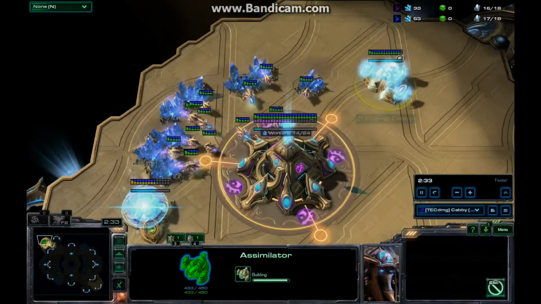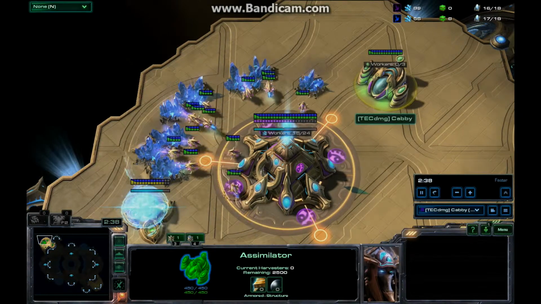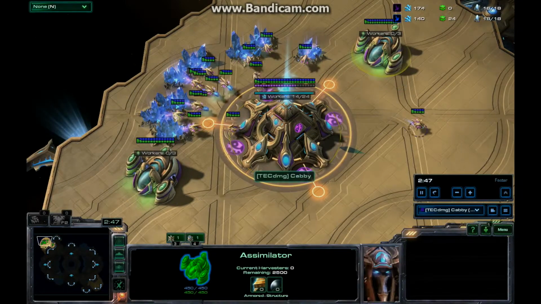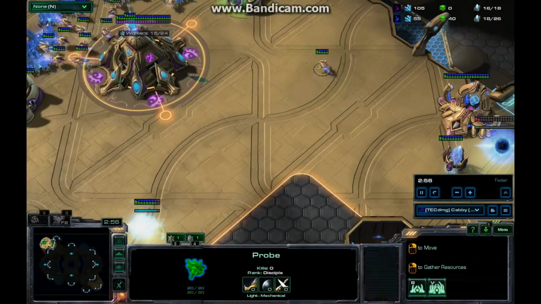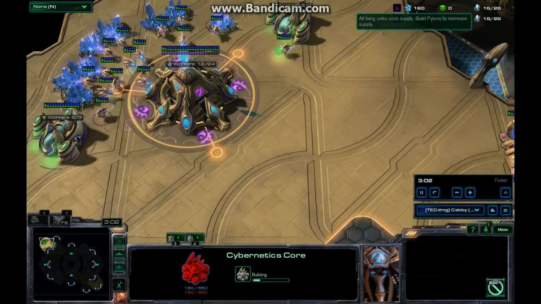And because we don't need full gas production, we're just going to put 2 probes in each gas. It's not essential that we get 3 in each. It's actually better for us to have a little bit more minerals coming in. Those 2 extra probes help us out a lot. So we've put down our Cybernetics core. Our next step is going to be